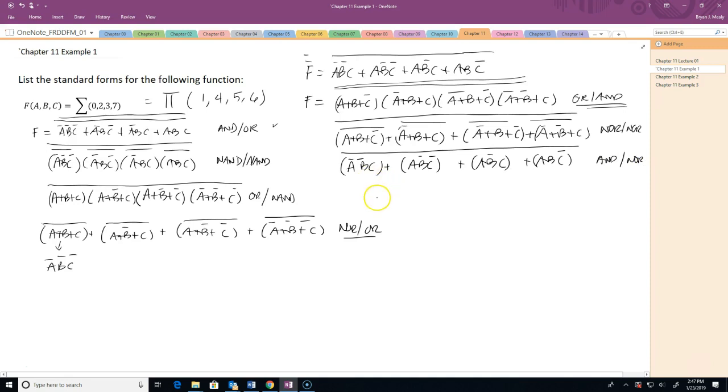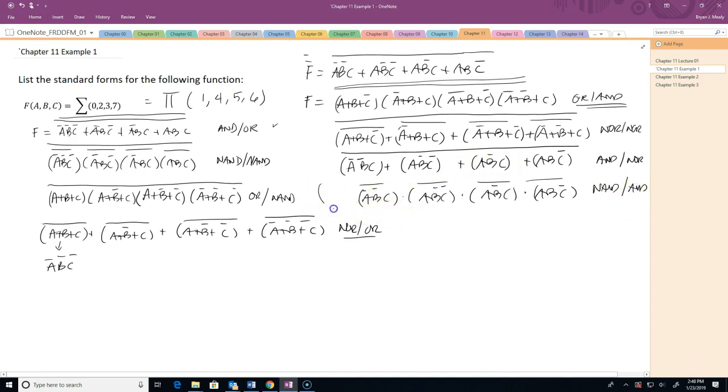Do this one more time. What I'm going to do is distribute this large overbar to the individual terms here, and it's going to be, so this becomes ANDs, and the overbars are over each of the terms, and this is another classic form, I suppose, which looks like NAND, and